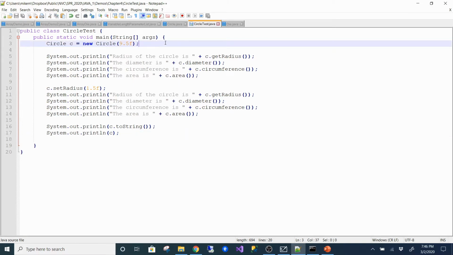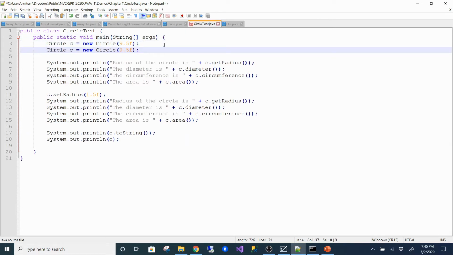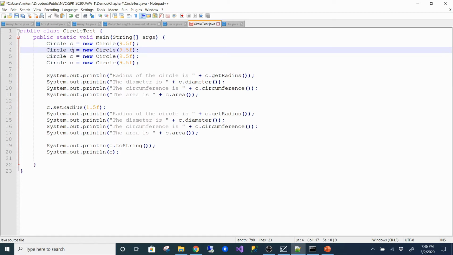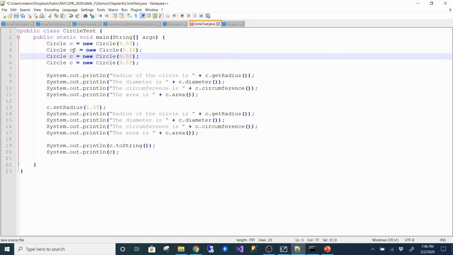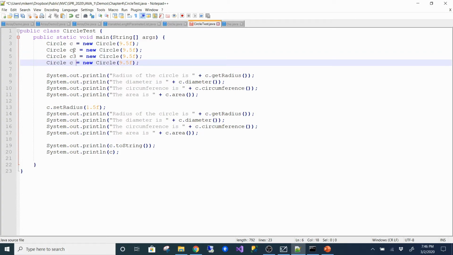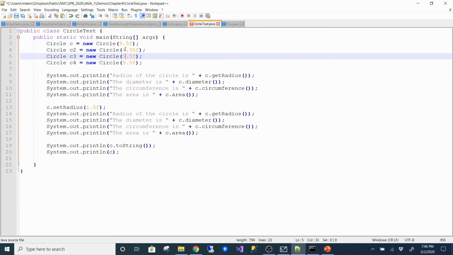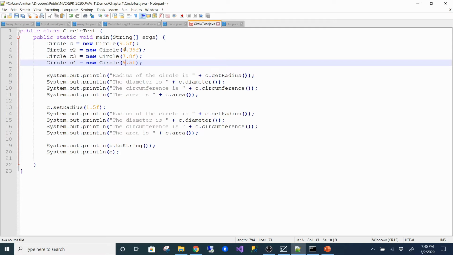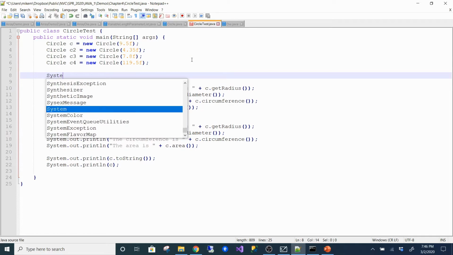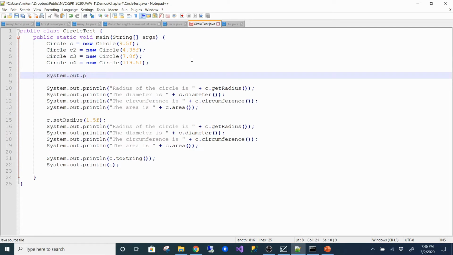But if I wanted to know right away what values are stored inside of those objects, I can just call my toString. So I'm gonna make C1, C2, C3, and C4. And then I'm gonna just say 4.35. We'll make this one 7.8. And this one we'll just say like 119. I don't know. Okay. And I just wanted to know what the current state of each one of those things are. I can just say println,